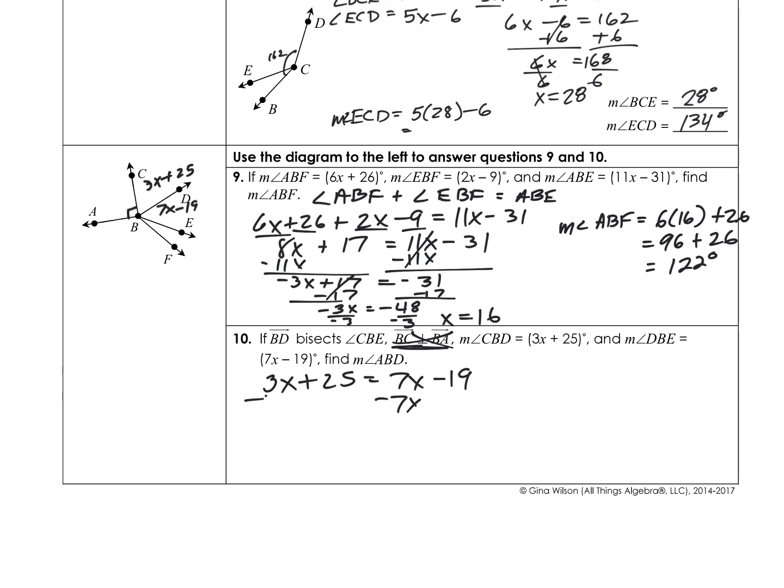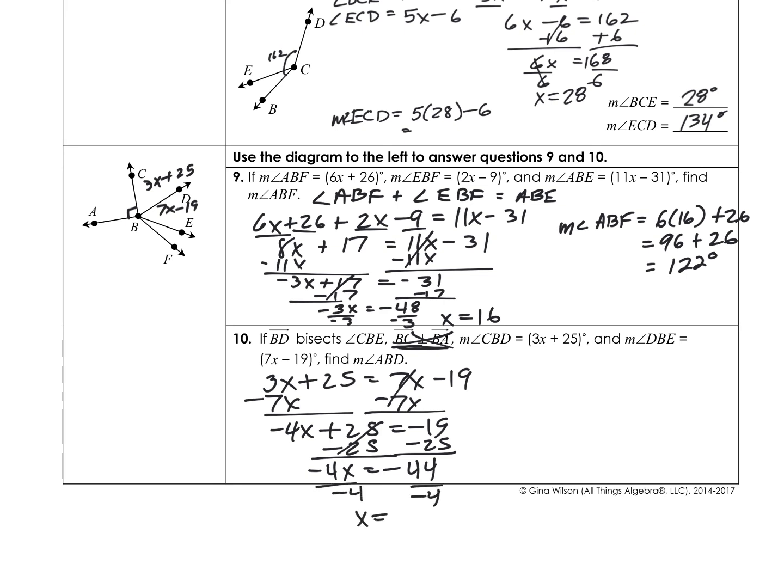Subtract 7x from both sides, get the variable on one side. Subtract 25. Negative 4x equals negative 44, and then divide by negative 4. x equals 11. All right, so if x equals 11, then the measure of angle